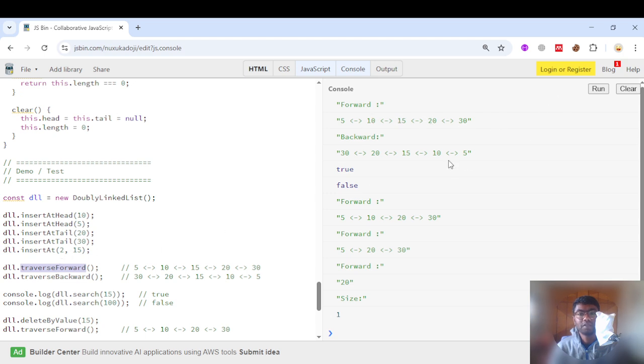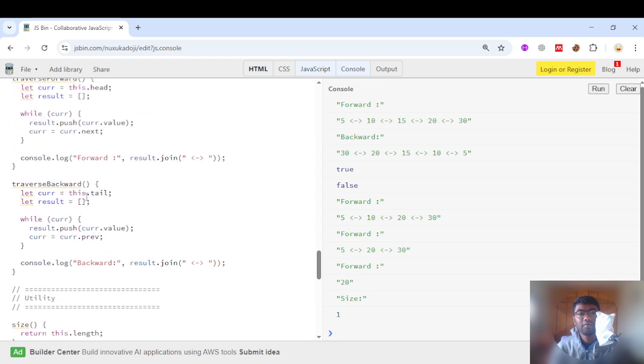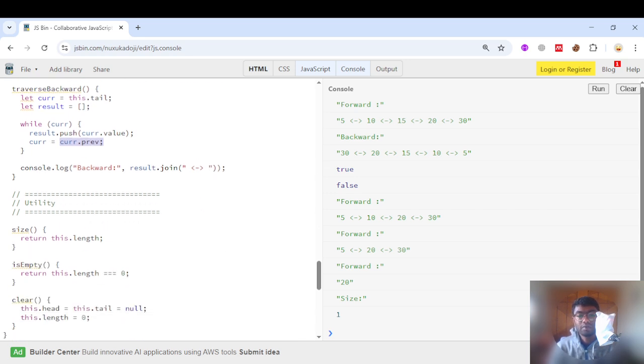Backward should be this direction. So if you see the backwards part, this dot tail, and we keep going previous. So this is as easy as that, right? And this also would have time complexity of O of n and space complexity O of 1. Okay, so now we have traversal with next and previous,